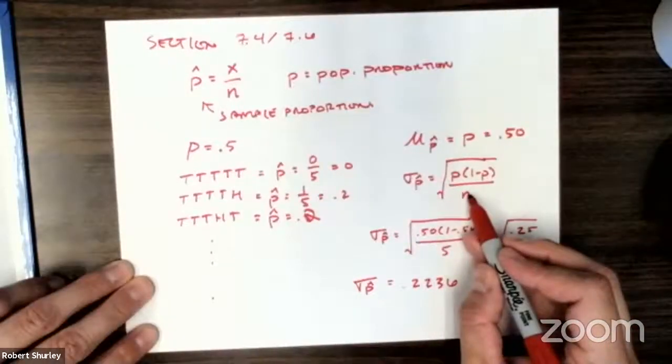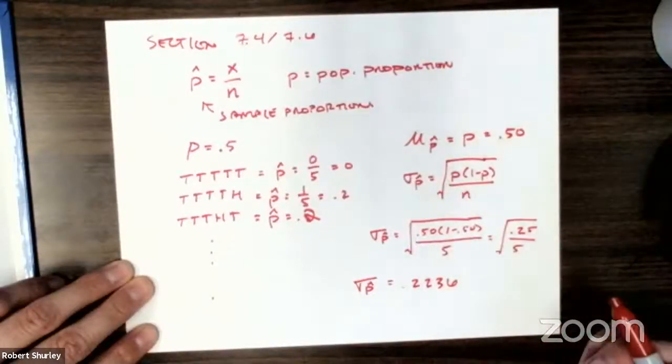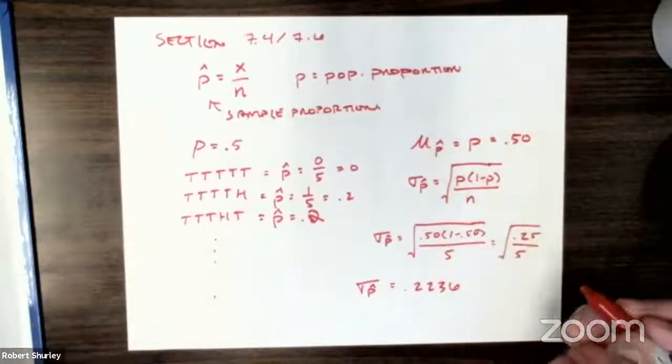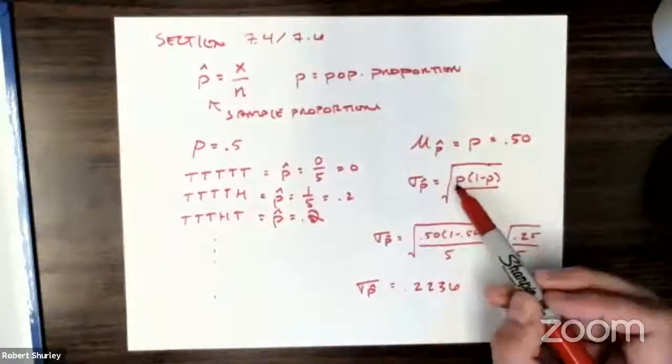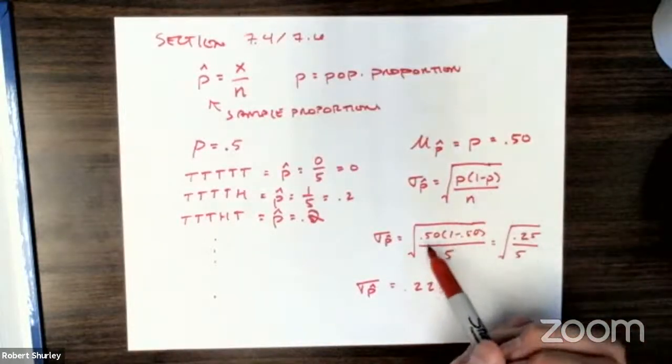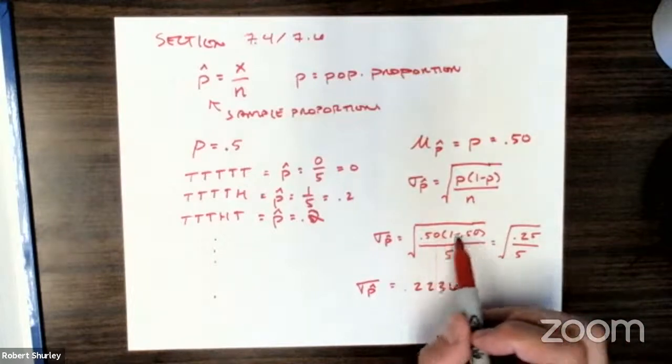Okay, is that 1 minus 0.5 and n? Nope. Right there. N is the denominator, the 5. Okay, what's that that's above it? In the 1 minus 0.5, 0.5. Okay. Yeah. I thought so, but I couldn't quite read it. Yeah, it's your sample proportion or your population proportion times its complement. Well, with 0.5, the complement's 0.5. So it winds up being 0.5 times